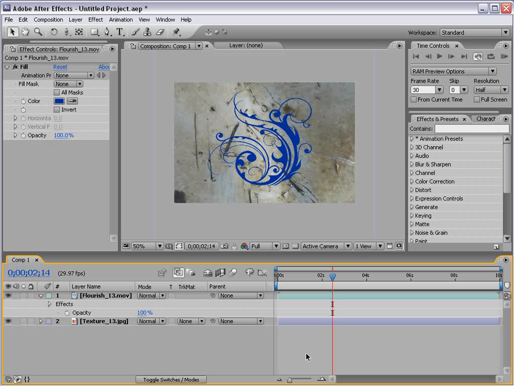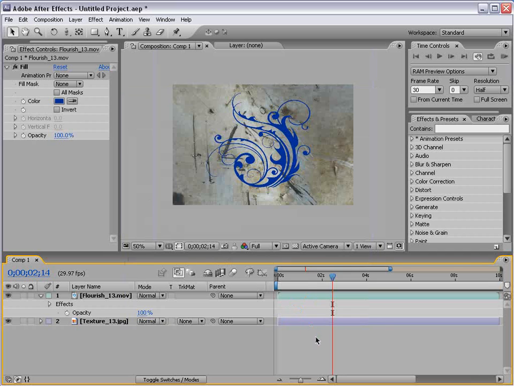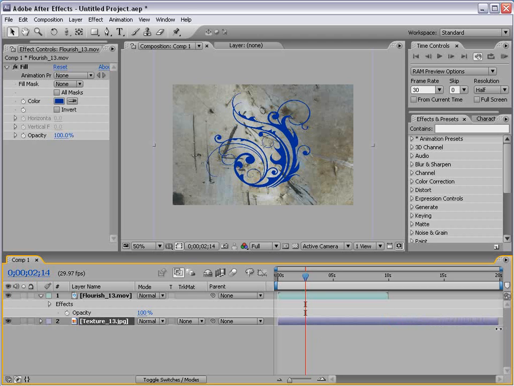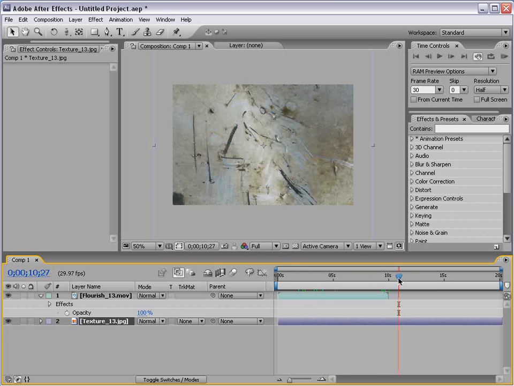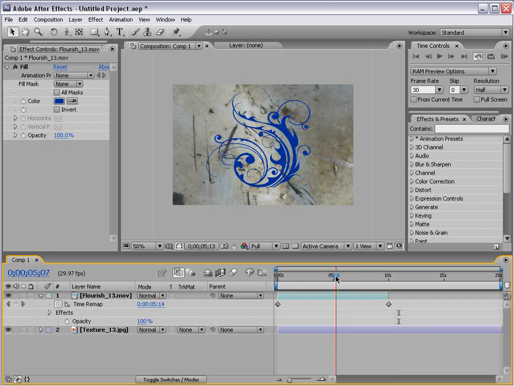Now, one thing you may run into is the clip may not be long enough for your composition. So I'm going to go to Composition Settings. We'll set this to, say, 20 seconds. Choose OK. And the elements vary. Some are 5 to 10 seconds or so. And say you want your element, I'm just extending the texture here, you want your element to last longer than 10 seconds. Well, you can right-click, choose Time, Enable Time Remapping. And then what you can basically do is extend the clip, and that way it kind of holds on the